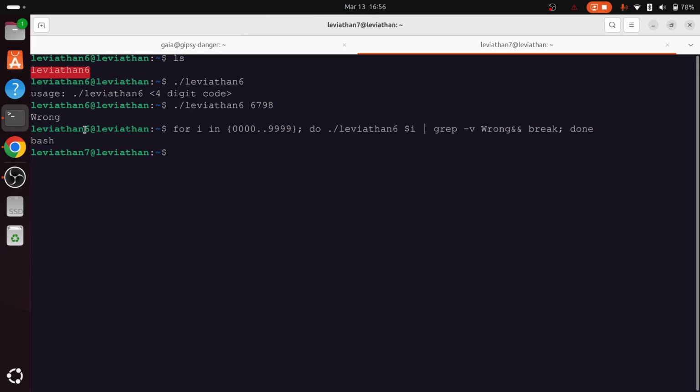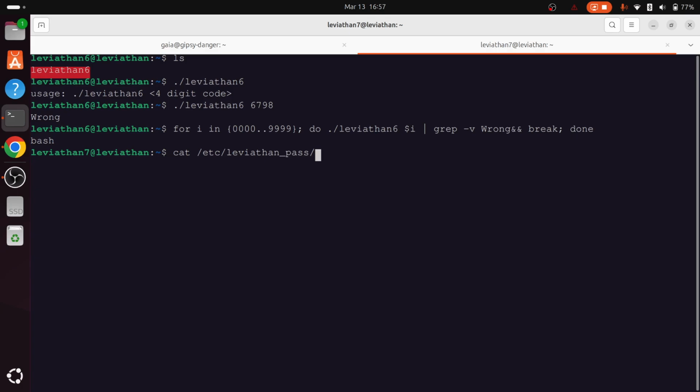I was Leviathan 6 here. So when it stopped, it probably gave me a shell, which I could not see because of the piping I had done here. So when I sent the command bash, it opened a bash shell, which showed that it had elevated my privileges to 7. I actually know what the code was because I did not print it, and I put the break immediately after the code. But that notwithstanding, let me go and cat